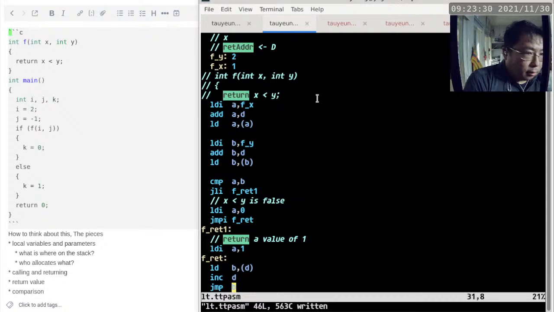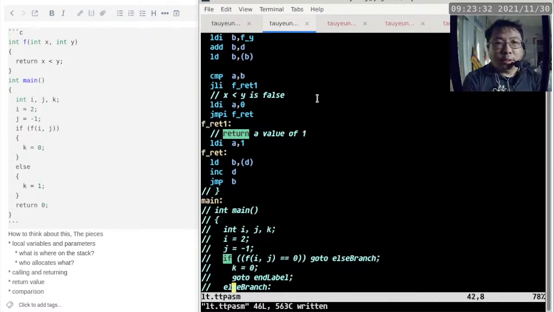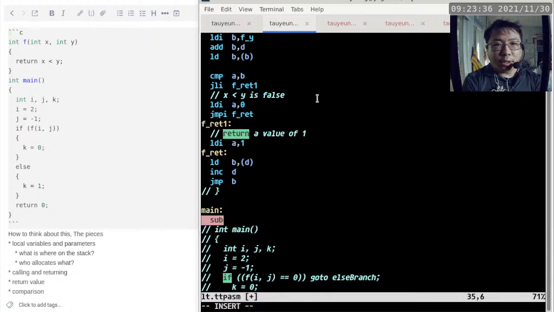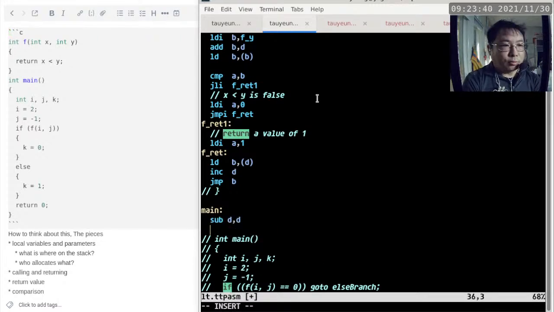Alrighty. Now we can start with main. Alright, so main starts with the initialization of the stack pointer, and we also want to have,